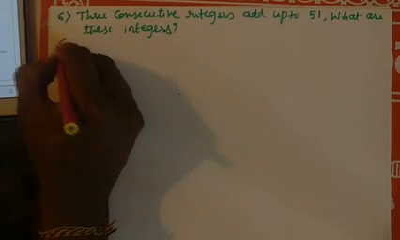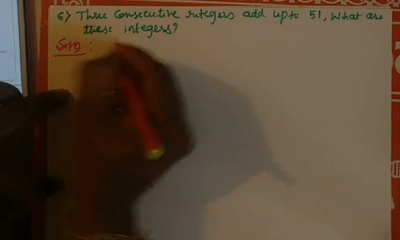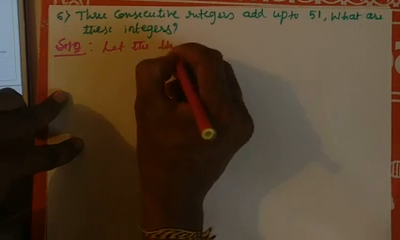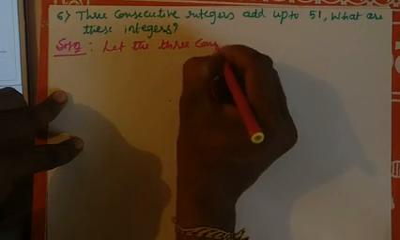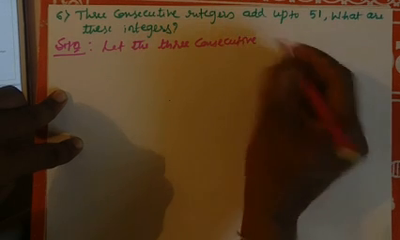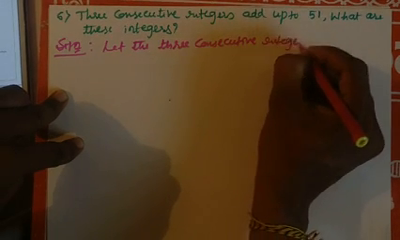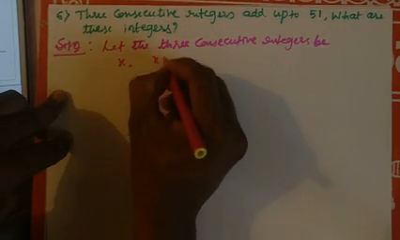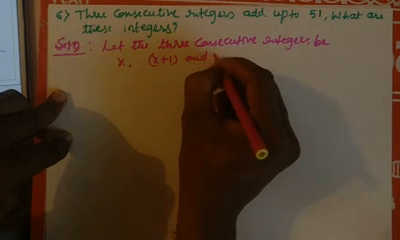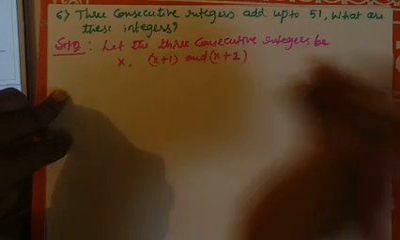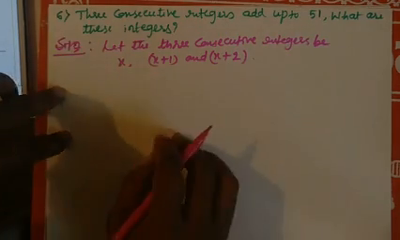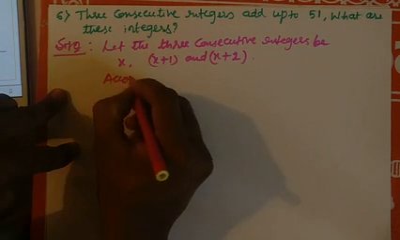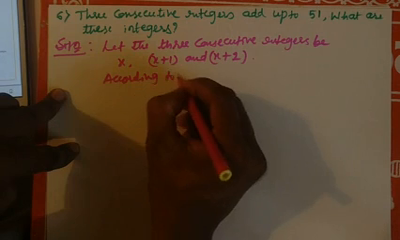Solution. Let the 3 consecutive integers be x, x plus 1 and x plus 2. Okay, according to the question, we have to find what these integers are, as told, is it? According to the question,